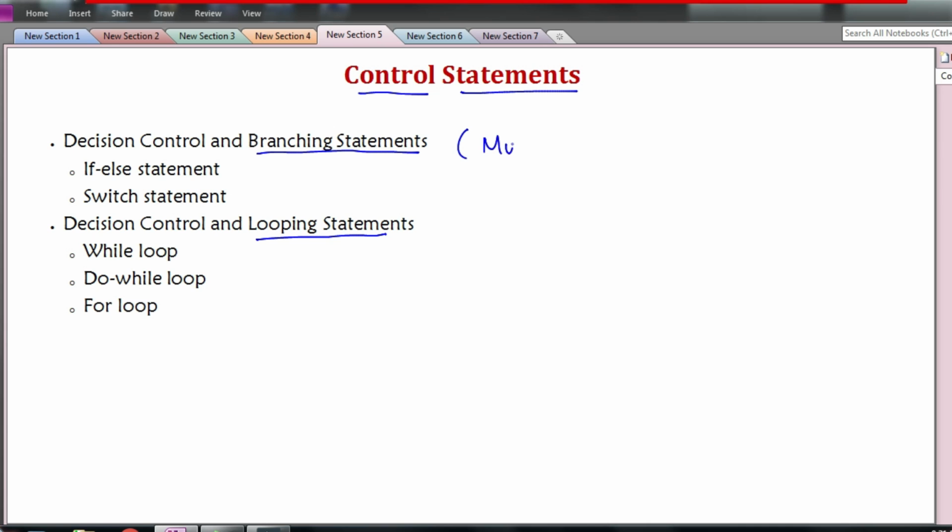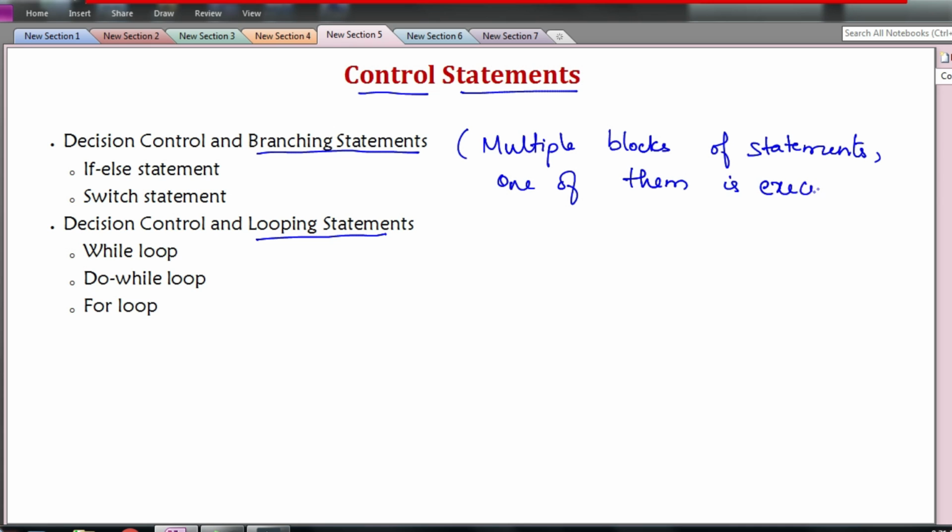You will have multiple blocks of statements, at least two blocks might be present, and we choose which one to execute. One of the blocks of statements will be executed.